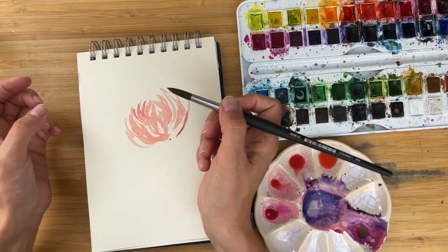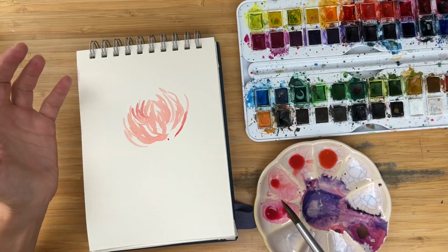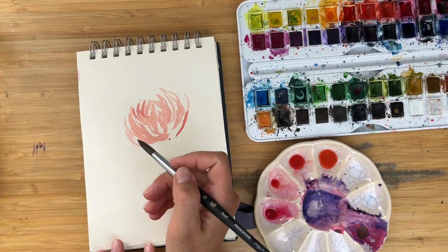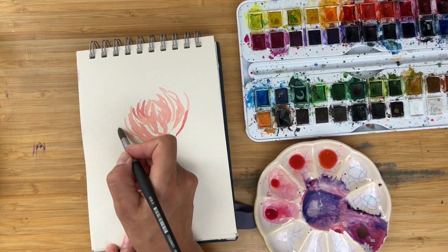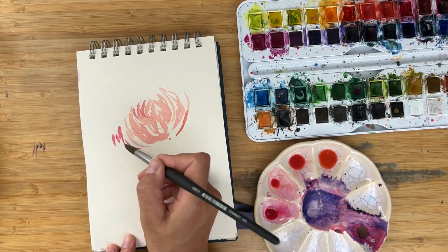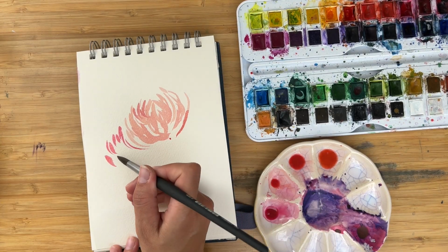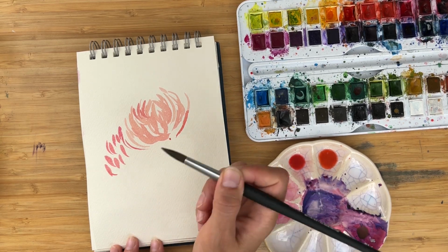and I can let it dry for a moment, this upper part, and I will start to arrange all these petals which are growing a little bit aside. I still have in mind this flower center, but right now I'm mostly busy with side petals. Right now I just create the tops of the petals, just pressing my brush against the paper,